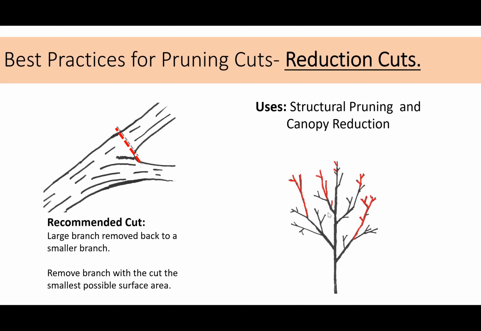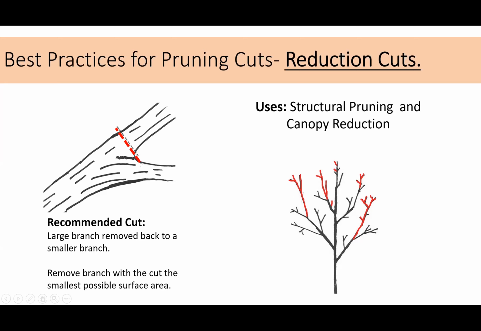We use this cut lots of times to suppress large lateral branches or to suppress competing leaders. That would be like this cut, this cut, this cut, this cut would all be reduction cuts. When we're making these cuts, we essentially make them across the branch in a way that exposes the least wood as possible. So it's pretty much straight across the branch. Maybe you'll put a small angle to it so water will run off, but pretty much straight across the branch that's being removed.